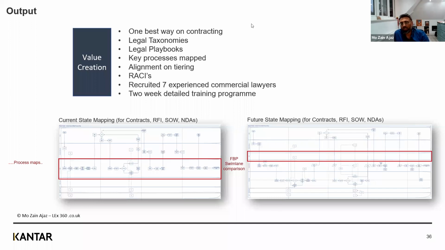And just to close it completely off, we've never had one best way of contracting. We now have one. We know which contracts the teams in Porto need to do, and their taxonomies exist. We've got playbooks on current position, future positions. All of this is essentially helping this organization move forward. But the message for everyone is that the problem that existed, i.e. the finance business partners doing legal work, you can't just take it off them and give it to a legal department. You've got to do the process architecture piece, identify the project plan, identify what the stakeholders want, and make sure that it delivers the results.